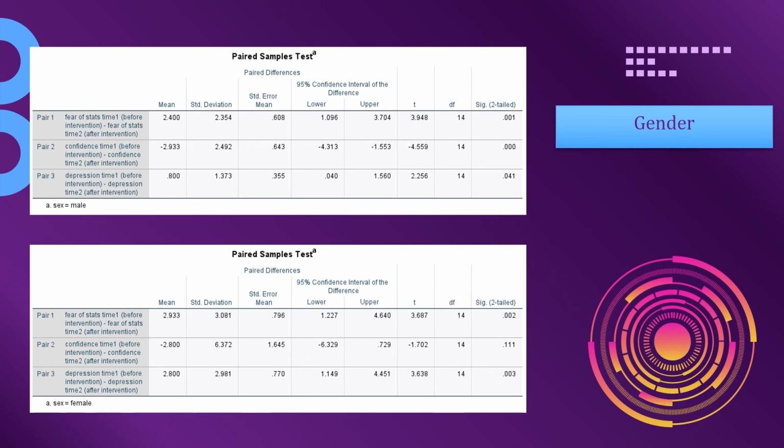Next, we also look at the result for comparison of male and female students. Comparing both results, we can see that although the significance value for pair 1 of male is lesser than female, since pair 1 of female has one outlier which affects the result, we can say that the change for female is more significant than male, shown by the box plot from part 2. For pair 2, we can see that the intervention program did better on male compared to female. For pair 3, we observe that the significance value for male is a lot higher than female, although their changes are both significant. Then we can say that the intervention programs are more helpful for female than male on this